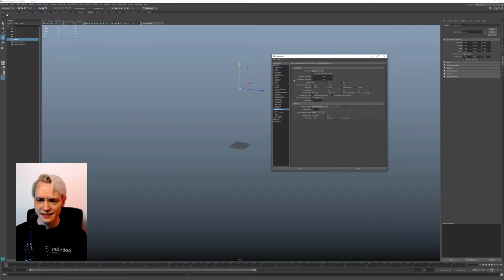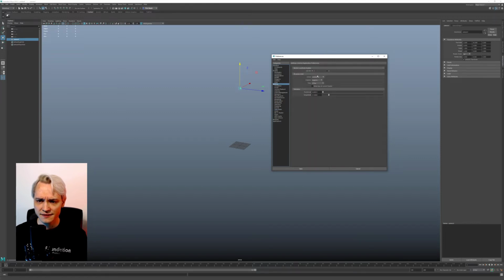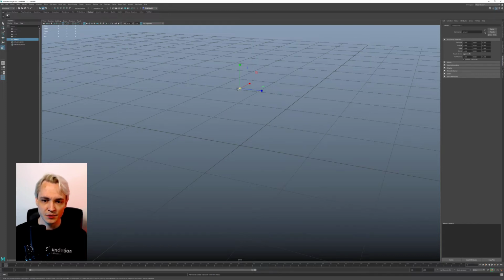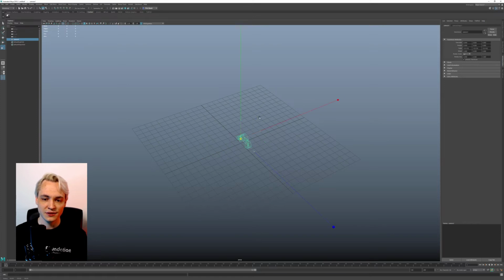Where is it? Settings. It must be under settings, and the working units are centimeters. You know what? I want to change it to meters and scale up the camera. So it should be 0.85. Yeah, this is correct. So we're here at 0.85 above the ground, and now our grid here is huge. Okay, so I got the camera,